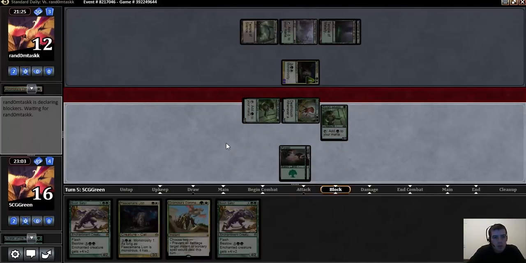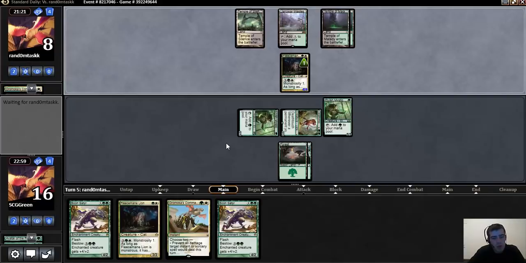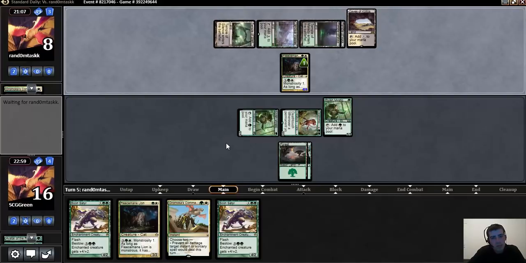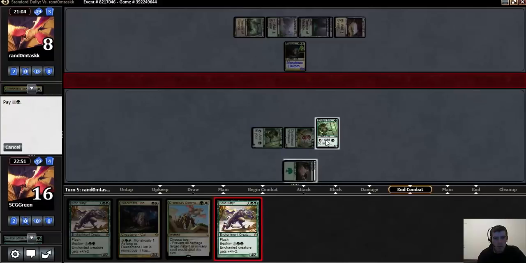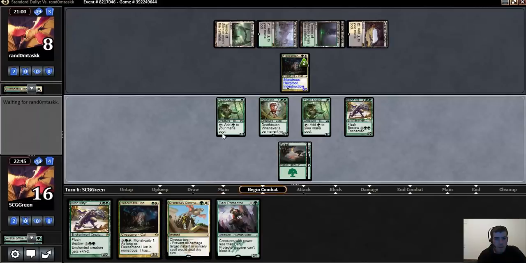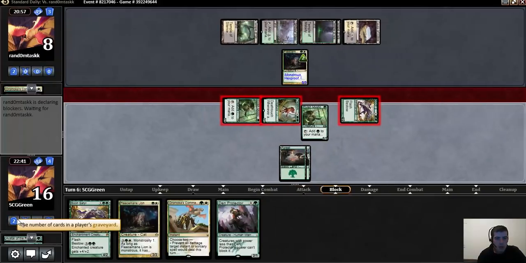Jam. Hopefully not a Rhino. Probably a Rhino, but hopefully not a Rhino. Yeah, that's fine. Trade my creature from... Yeah, I just play my creature face down after...